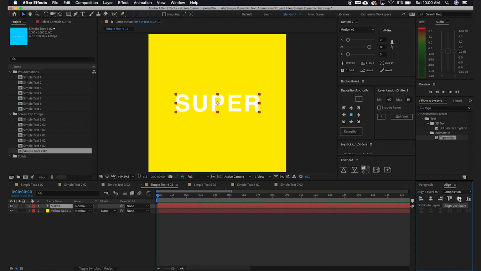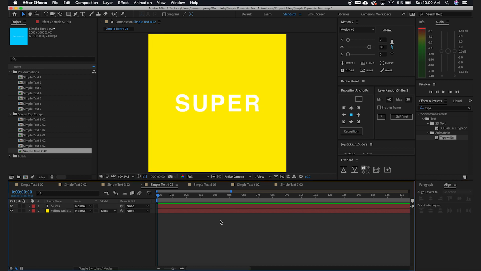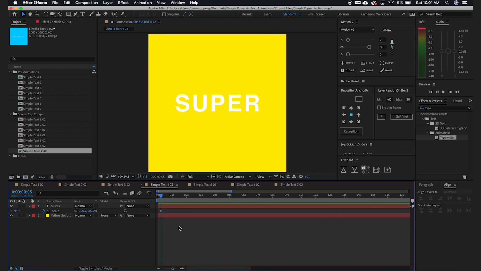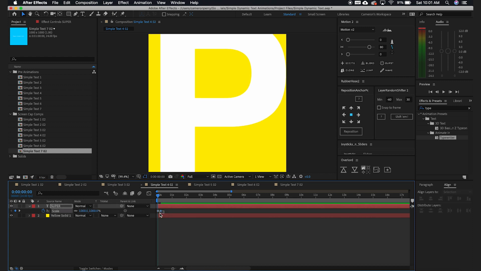So just like some of the other ones, we're going to animate backwards. We'll come forward 5 frames and place a keyframe on our scale. Back up to the start and set the scale to something like 1000%. We then want to ease our end keyframe. I again like to do about 80% influence. What you do is completely up to you.